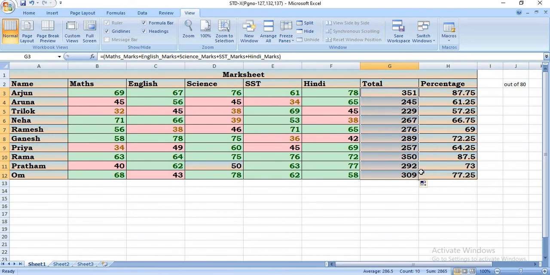So complete this practical on page numbers 127, 132 and 137. After this practical, send your Excel file to my mail ID.